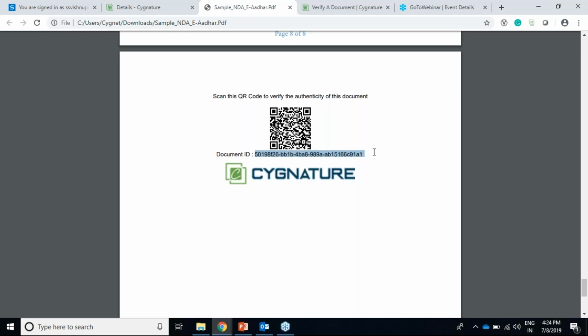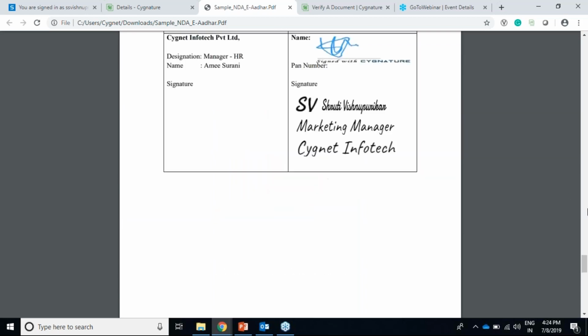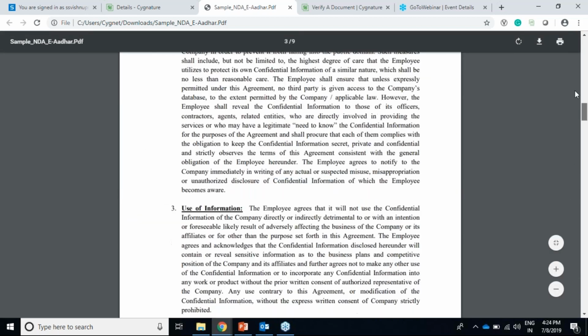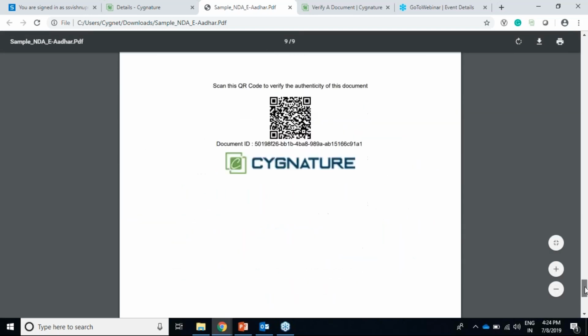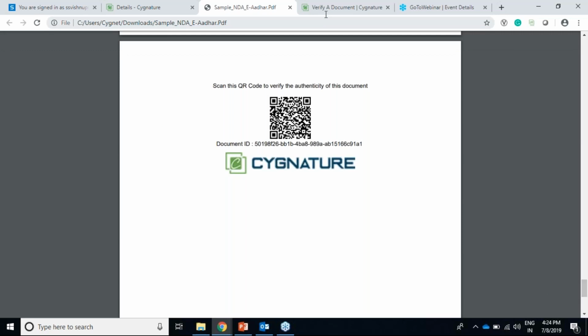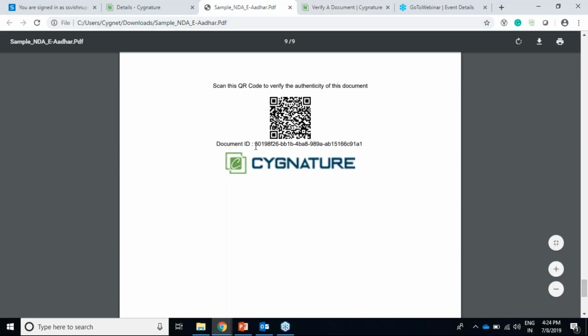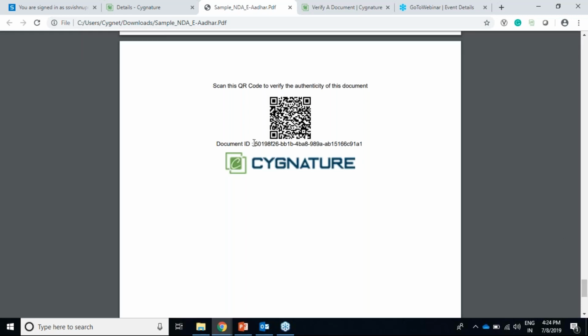If I have a hard copy or a soft copy of the document, and I'm still not able to know who signed it, where signed it, and how, all the details of the document. Let's say I don't know anything about Signature, who signed it, when, what is Signature, anything. But yes, I'm a third party to Signature and I just want to verify this document. So I can select this document ID.